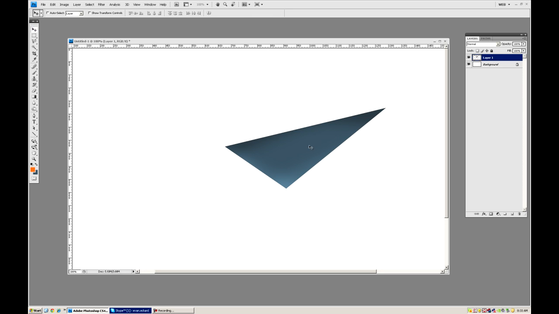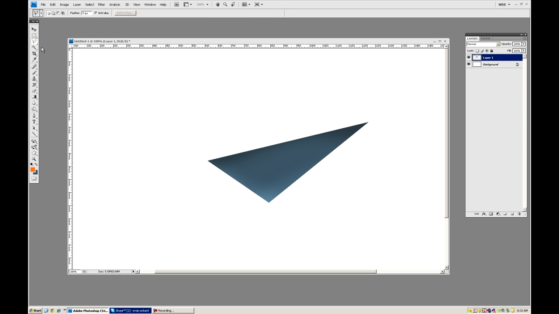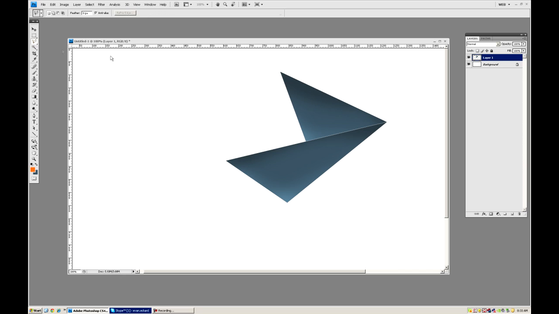Now what you want to do is probably pick an end, and we're going to create another triangular shape. And it doesn't have to be perfect. In fact, if there's a gap, sometimes it looks cool in between the shapes. So again, we're going to go through and kind of burn the edges here, and then dodge a couple edges. And you can see we're going to start getting that overall